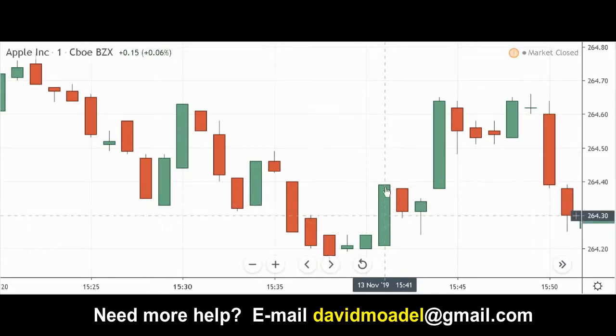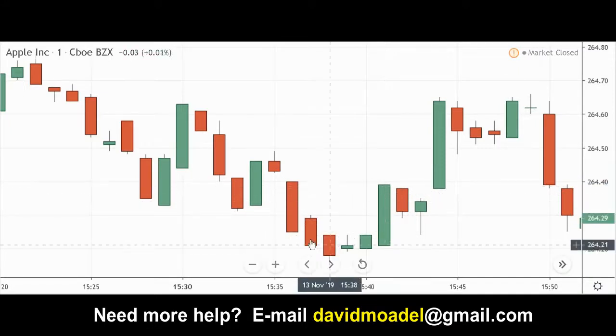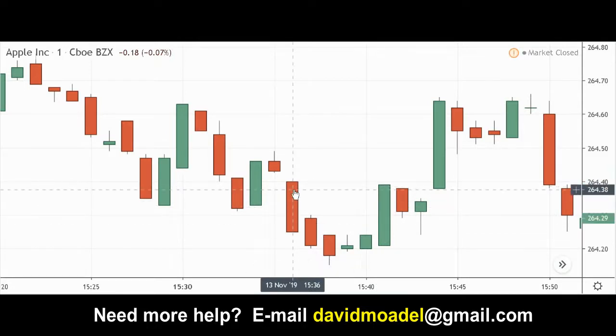Okay, and if this happened after an uptrend, then that could be a continuation of the uptrend, a green Marubozu. Now, what if you have a red one? That's also decisive because no wicks. It just started at the top of the body, didn't go up from there, no upper wick, went